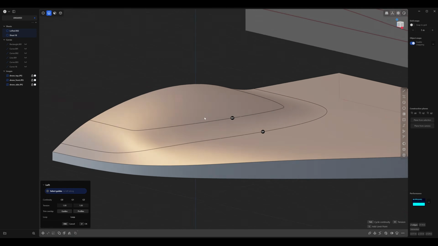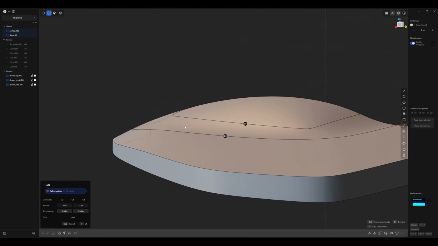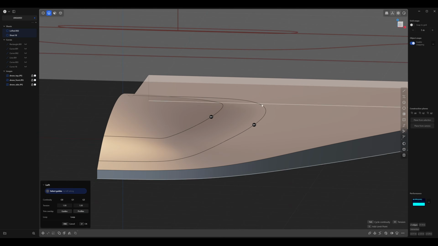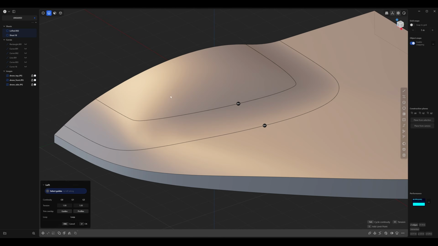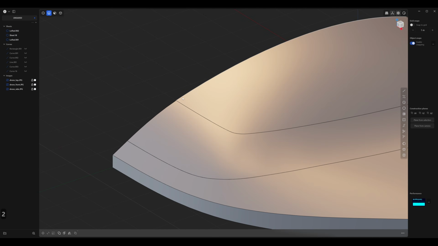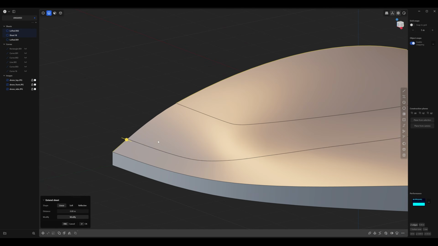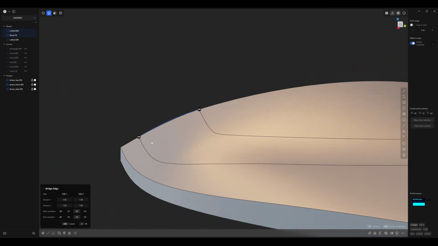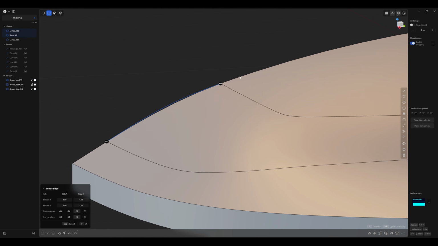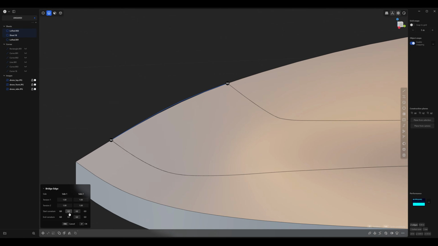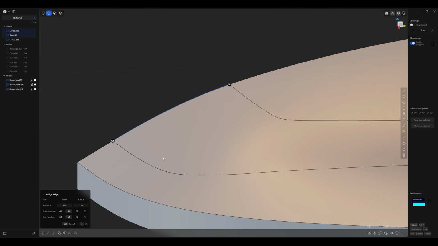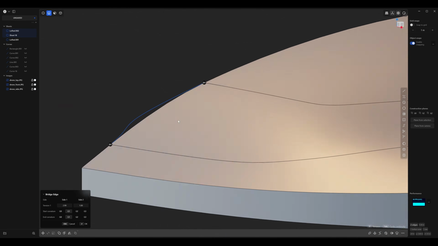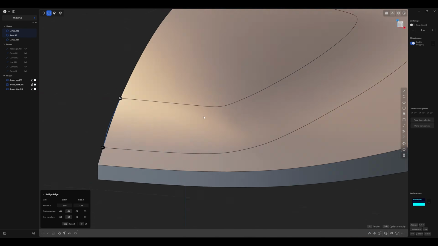So now you'll see there's G1 continuity between them. It gave them the space to come together. And the way this works is pretty much if you select this edge and press Shift B, it's creating a bridge. It can interpolate this directionality with this other directionality. And you can choose, for example, what kind of continuity you want. And you can also choose the type of tension you want. So keep that in mind when you're creating blends between surfaces.